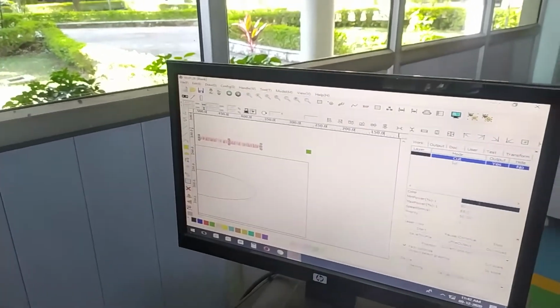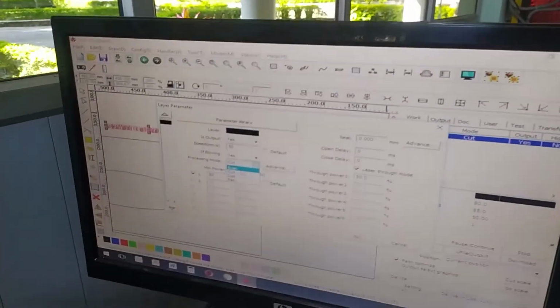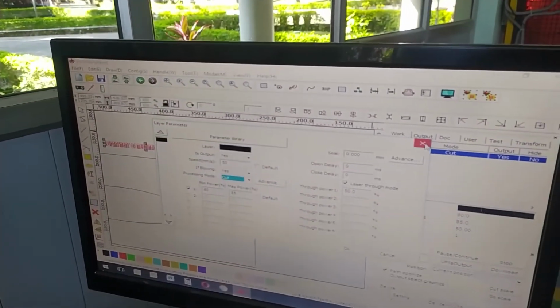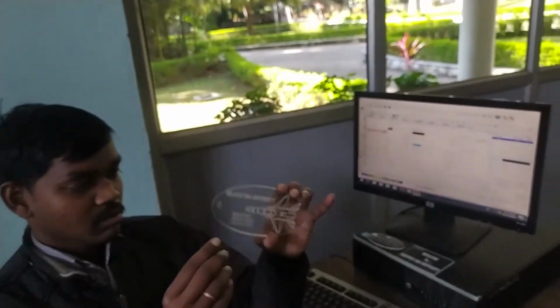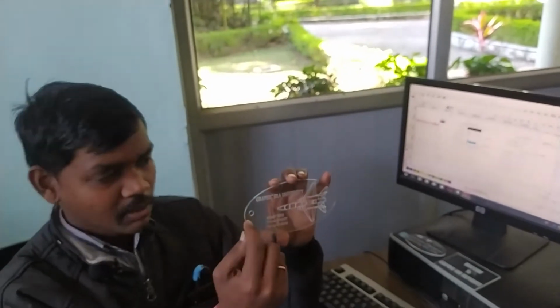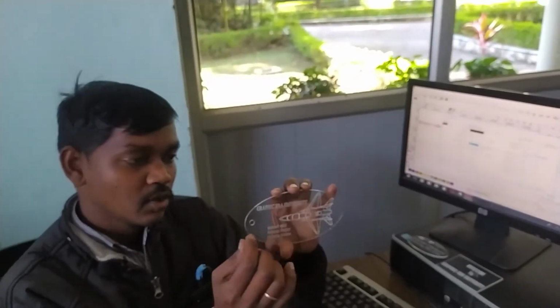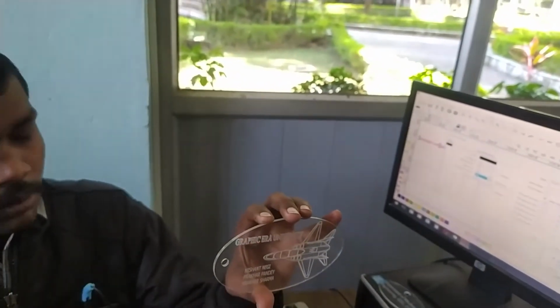Like what kind of operation I have to do on this machine, like cut. You can see a cut. I can change it to scan, dot. Okay, let me tell you about these options. See, this is a product manufactured by our mechanical students. Here I have to cut this hole from this sheet, so I use the cut option. This is the cut option, for cutting a hole, or taking out some material from the rough or raw material.